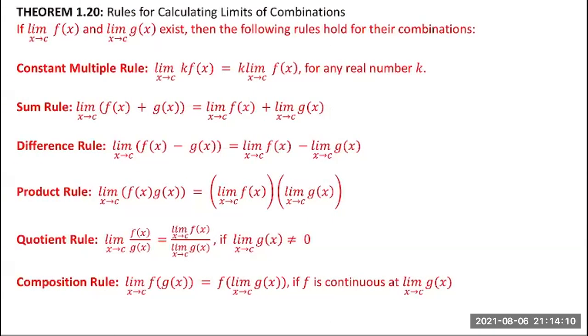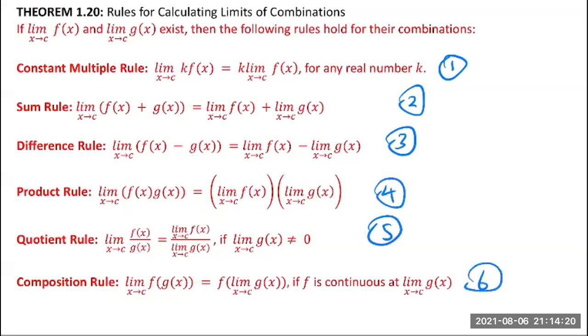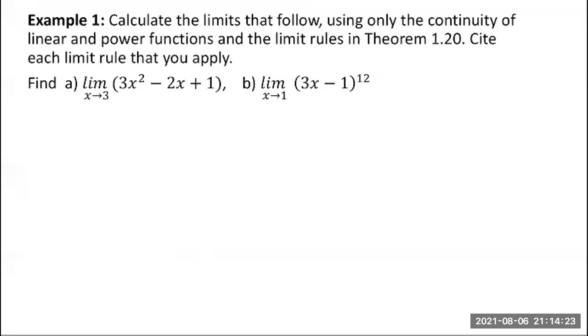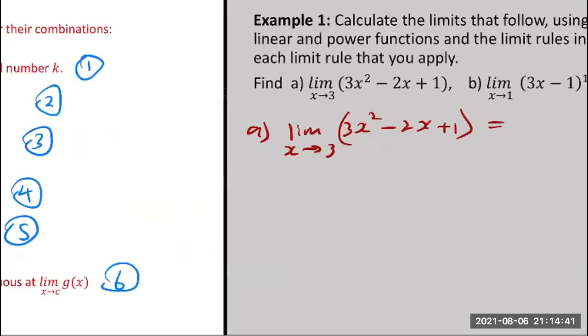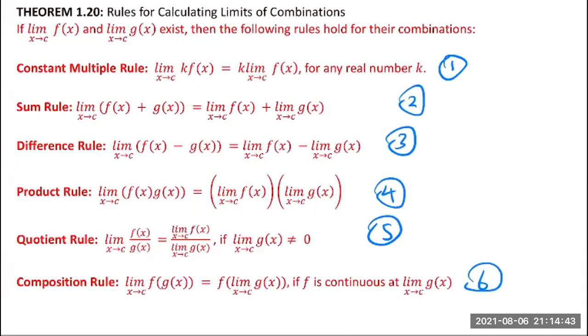Maybe I will number these rules. Okay, this is the first rule, second rule, third rule, fourth, fifth, sixth. All right, now let's try to calculate the limit. Part A, the limit as x approaches 3 of 3x squared minus 2x plus 1. This is equal to, first what I'm going to do is use rule number 2, pardon me, I can distribute this to the inside,